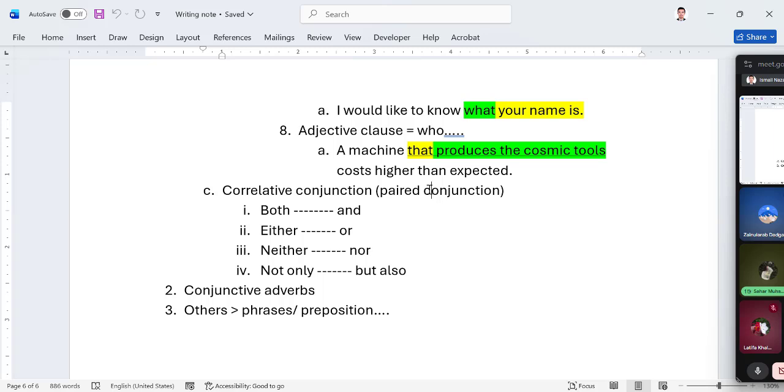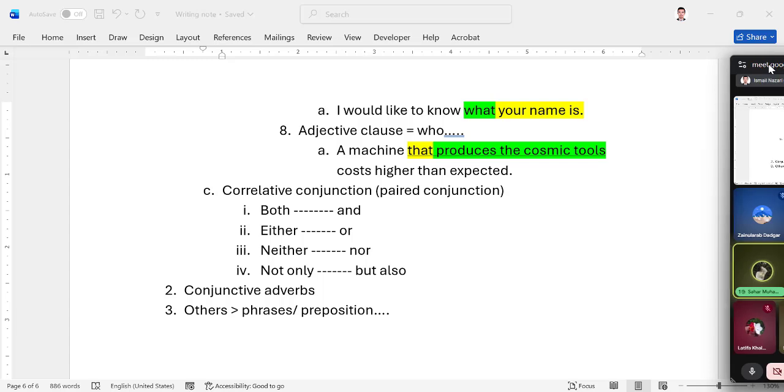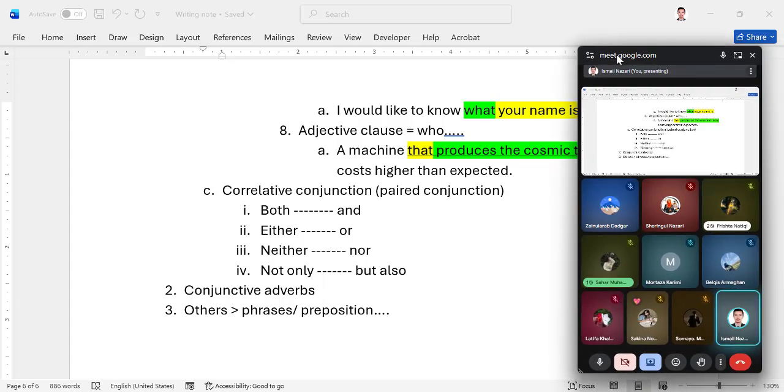Miss Sahar? First of all, hello to everyone. So then, what is a conjunctive adverb? A conjunctive adverb is a word that connects two independent clauses and shows the relation between them, such as contrast, result, or addition. It is different from FANBOYS because it needs a special punctuation, right? Yes, sure. Okay.